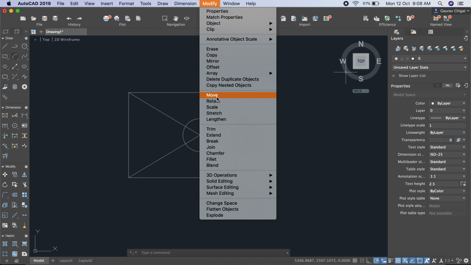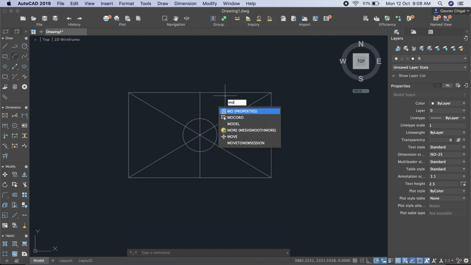Now the first command is move. We discussed other commands in the previous lecture, and now in this lecture we discuss the remaining commands in modify. So the first command here is move. Click on move, or you can directly type MOV, which is the shortcut on your keyboard, and press enter. First of all you have to select the object which you want to move.